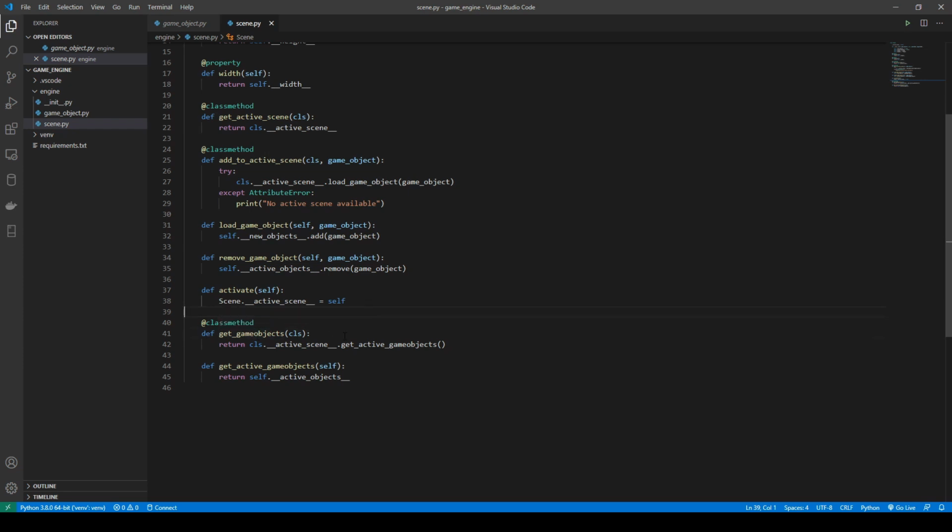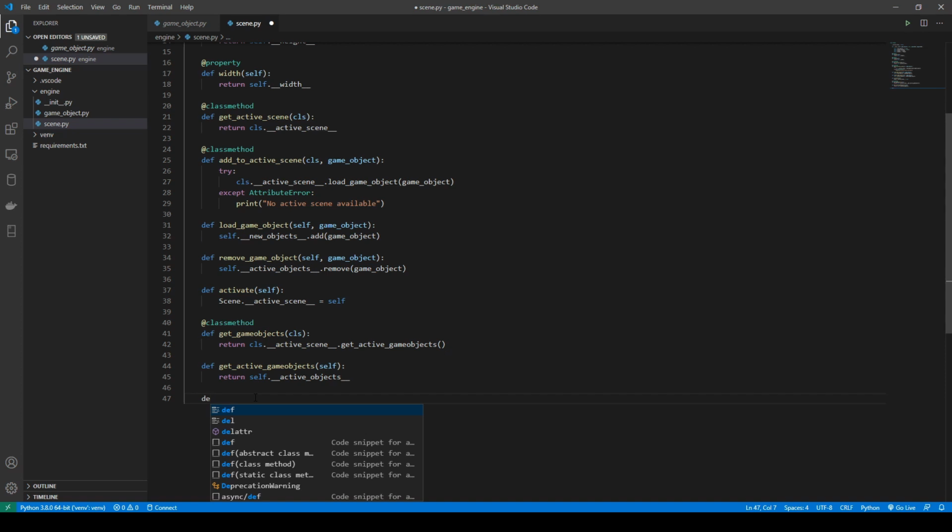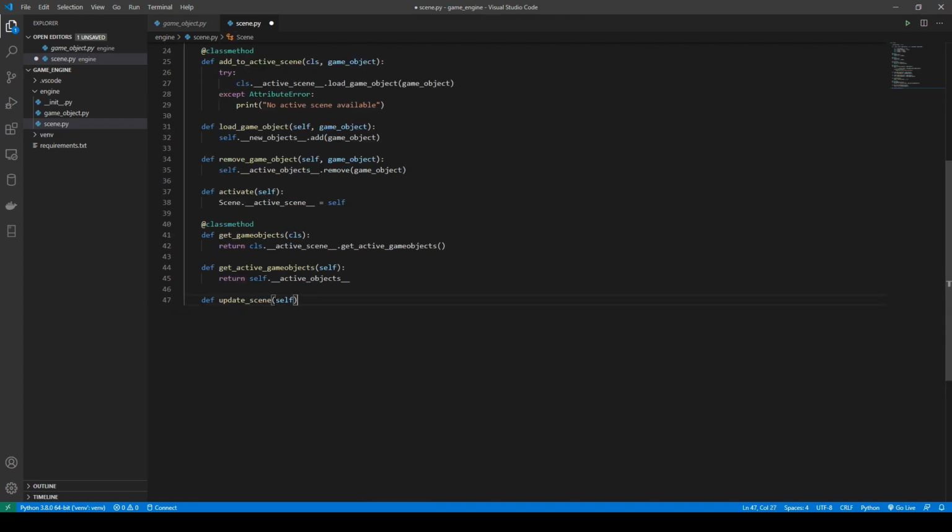This is just going to get the game object from the currently active scene. And there is the get active game object, which is just a getter for the active game objects here. There is one more method here, that is called update scene self here first of all,